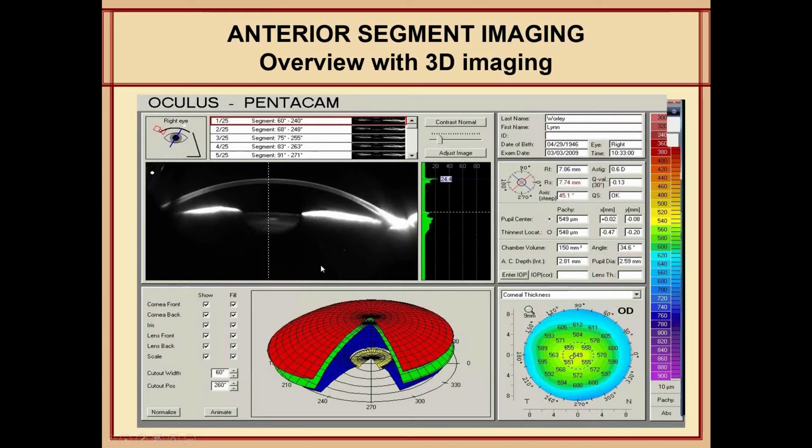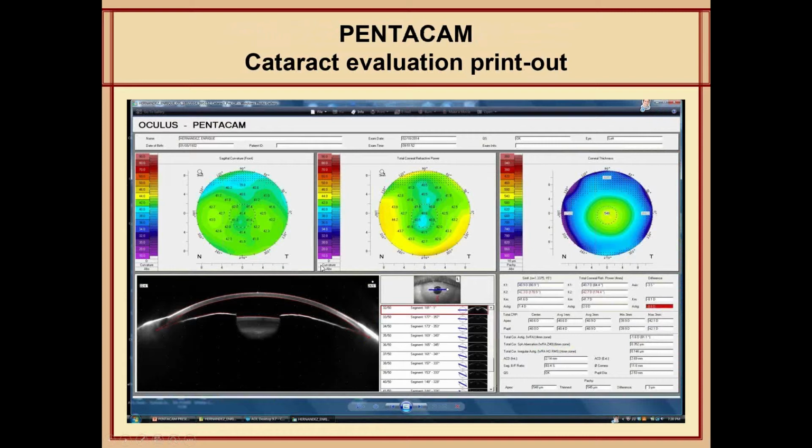with some changes in here on the right side of it showing the cataractous changes and its location within the lens. My preference really goes to the cataract evaluation printout. The cataract evaluation printout is more in line with what I want to know for the cataract patients. It gives you a map of the sagittal map. We'll go over these maps a little bit later in the lecture. And it gives you the total corneal refractive map, and it gives you a corneal thickness pachymetry changes in here. It gives you the cross-section of the eye. You can look at the angle, you can look at the lens, and changes within the lens.